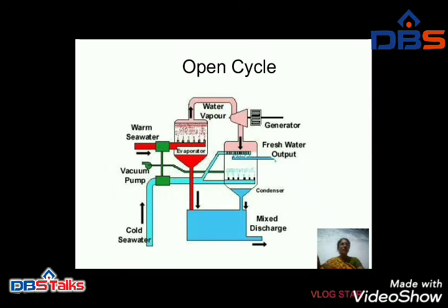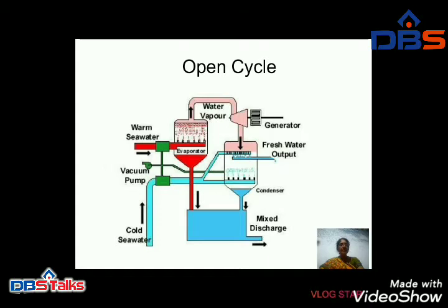It consists first of a flash evaporator, which evaporates a fraction of the warm seawater by reducing the pressure below the saturation value corresponding to its temperature. It then expands the vapor through a turbine to generate power. The heat is transferred to the cold seawater thermal sink, resulting in the condensation of the working fluid.